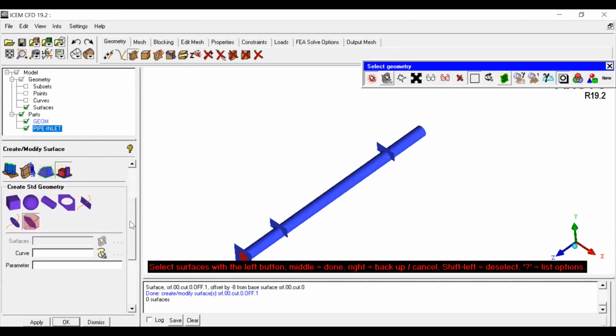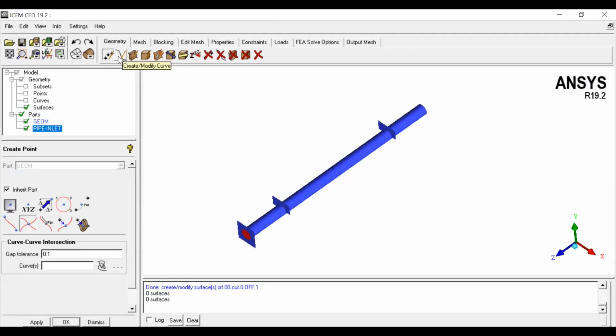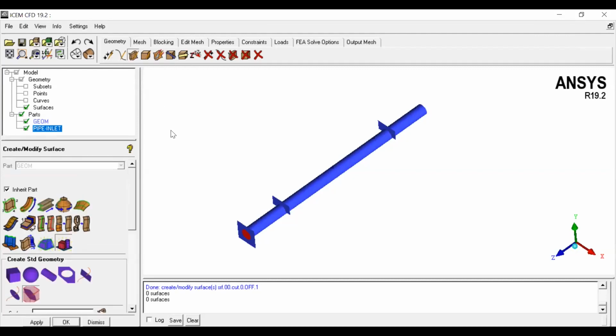We can use directly if your geometry is very simpler or very closer to this. So you can generate and you can customize according to your dimensions. So these are the various surface commands: line, line, point, line, and surface commands.